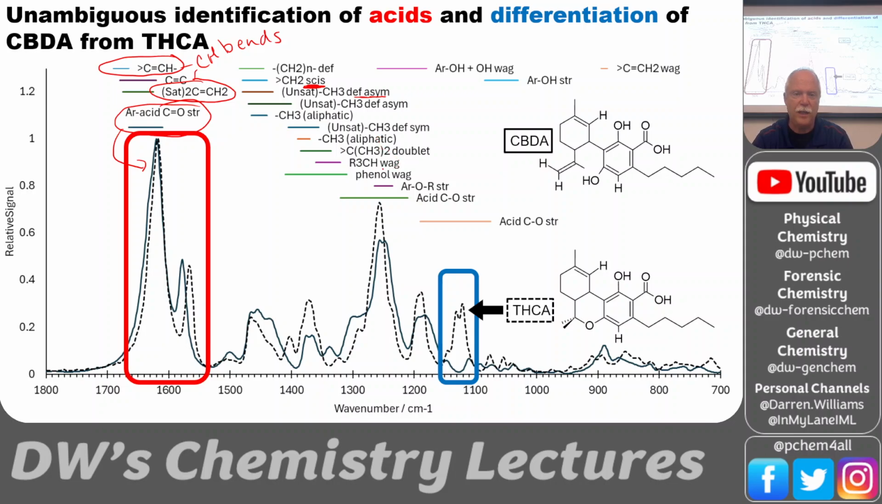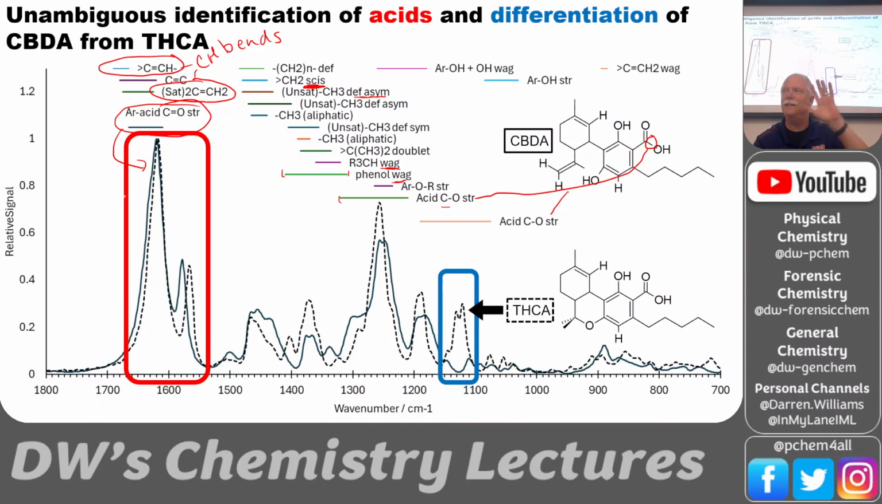Here's the CH wag, R3CH wag. The phenol wag, so the wagging of that hydrogen. Again, a wide range on that one, so not very diagnostic. We have the acid CO stretch, so both of those have that. That's the stretch of this bond right here. And then this one also, the acid CO stretch. If they both have this carbonyl, then this compound is an acid,